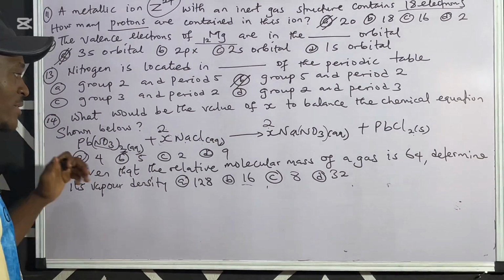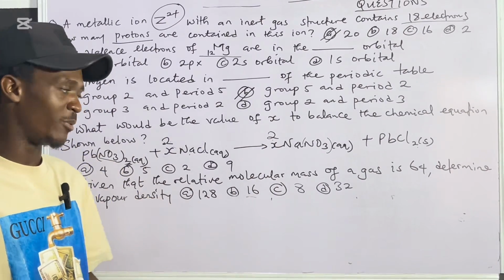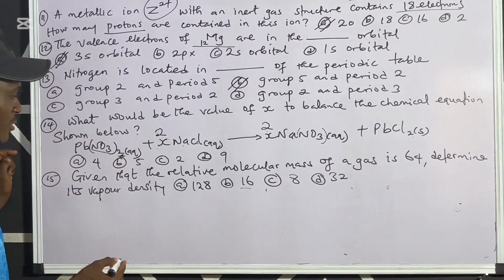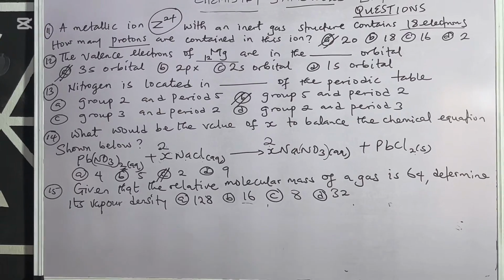And as a matter of fact, since you're having x appearing on both sides, the x must be of the same value because all your options are single values there. So it means the correct option is option C. That's the balanced reaction.